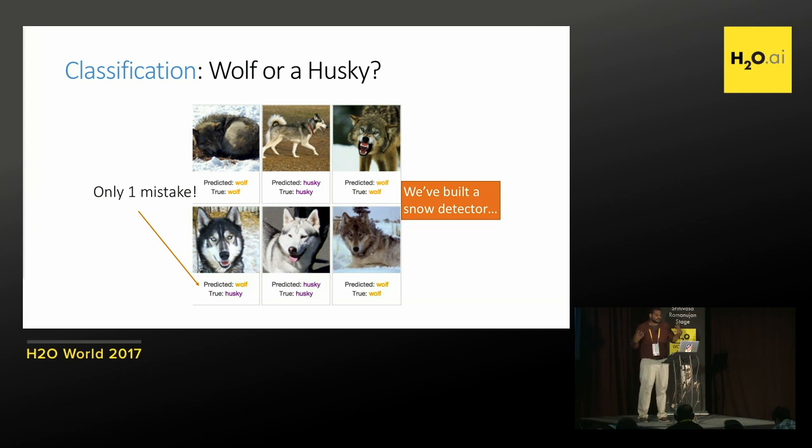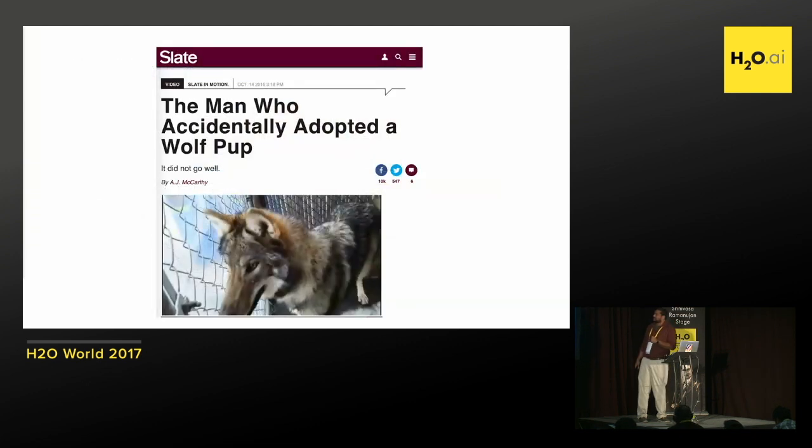Now, clearly, there's some correlation, and it happened to get pretty decent accuracy on this data set. But if you were to take this classifier and try to apply it in the real world, you will get cases like this. This is a real news story. Obviously, they didn't use machine learning, but the point is, in the real world it'll make a mistake because it's only looking for snow, not looking for the actual animal. But that was a classifier that I constructed for you, so sure, we can set these things up.